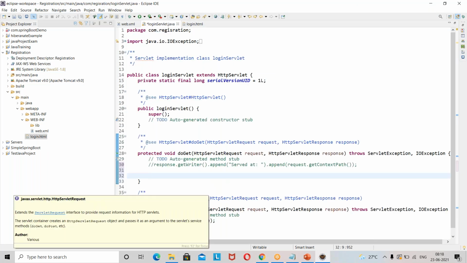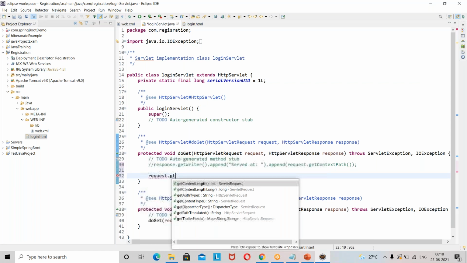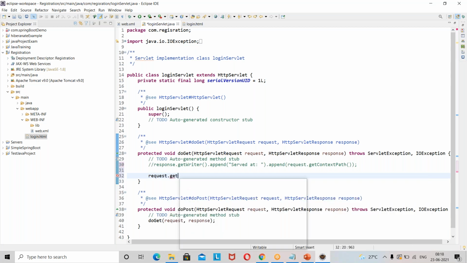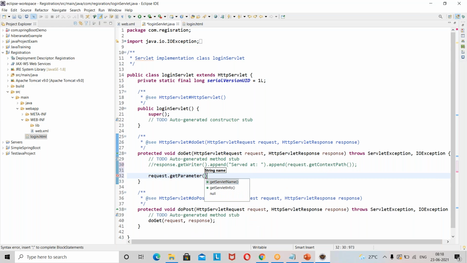Next we'll connect to the database. For that, I'm just reading it. Request dot, I have a method called getParameter. I'll be passing that string value here, t1. What will t1 return me? Name.